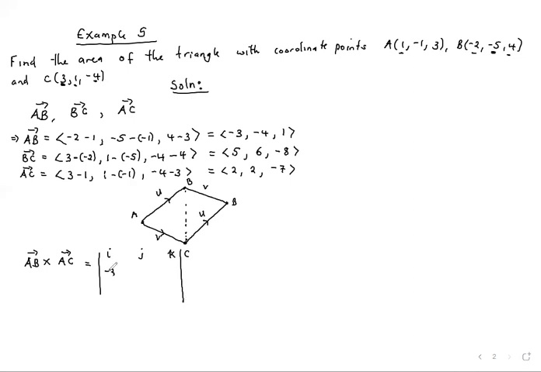AB is (-3, -4, 1). Then pick AC. AC is (2, 2, -7), and get the determinant of this matrix. You pick the first row, you have i, and then you're canceling this row and column to get the determinant. So you have -4 by -7, that's 28, minus 2,